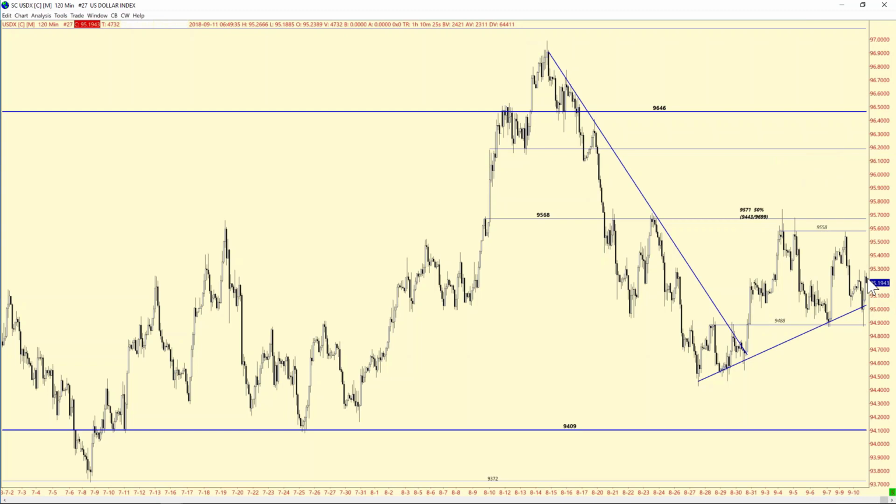I think that if we were to get a close here, we'll probably goose some stops. Maybe we make it up almost to 96. Maybe we get a little bit above 96. And then we kind of rest here, we close, and then they make another push. And the initial area of testing, I think, could be 96.20. Then if the market starts to slide, you would have stopped out all these people here, and then the market kind of hangs here, and then we'll see what it does after that.